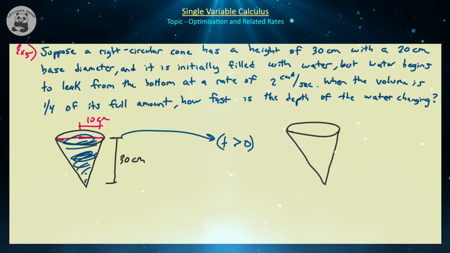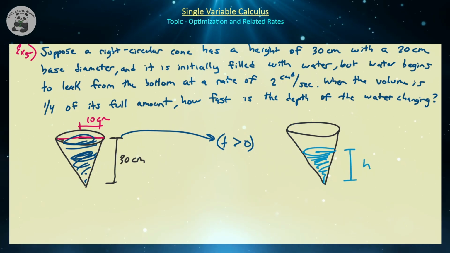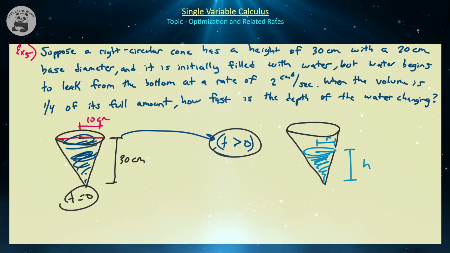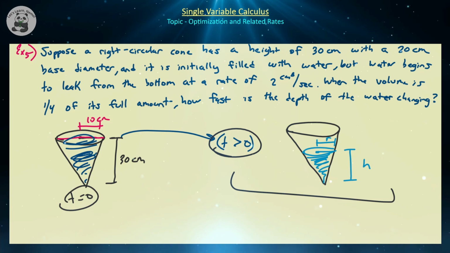So now our water is sort of just down to that point, right? So obviously this is going to be some height h, and also we're going to have some radius r that's also going to be changing with respect to time. So this is our t is equal to 0 picture, and this is our t greater than 0 picture here,